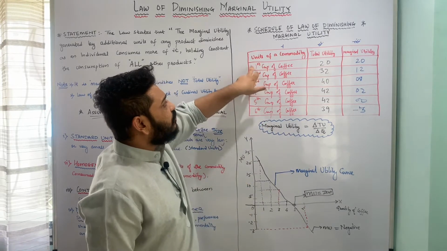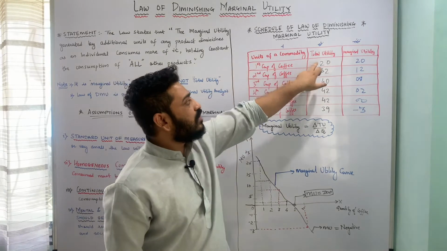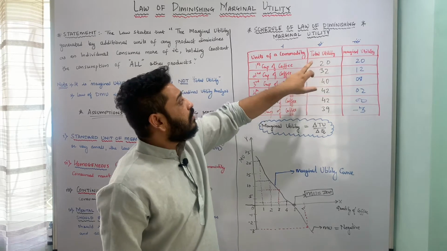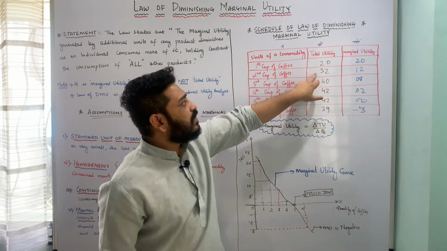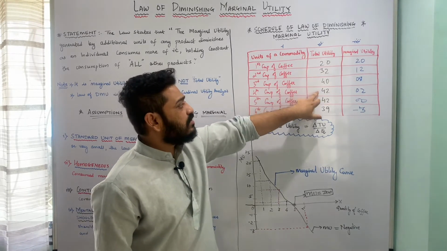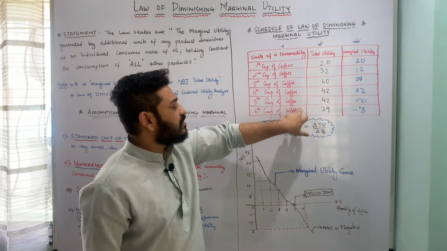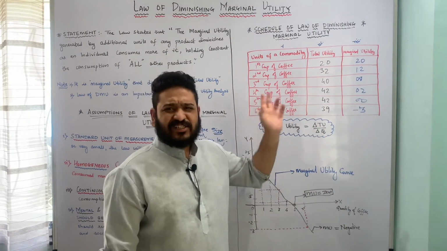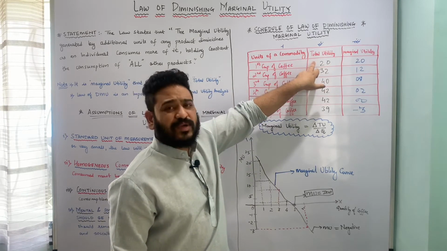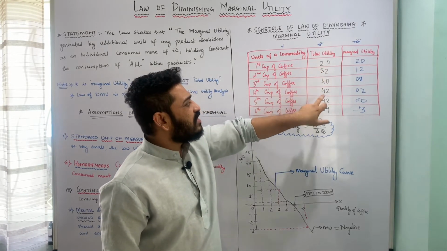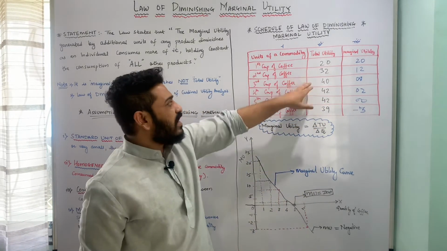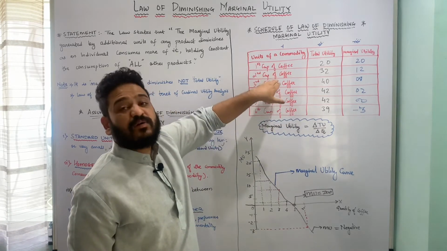Now when I consume the first cup of coffee, the total utility generated is 20 utils or 20 units, whatever you call it. The second cup of coffee is going to give me total utility of 30 units. The third cup is giving me 40, fourth is giving me 42, fifth is giving me 42, sixth is giving me 39. We have seen the relationship between how total utility and marginal utility behave, but in a sense, total utility goes on increasing up until a certain point, and thereafter it starts to diminish. That is the total utility values for successive units of consumption of cups of coffee.